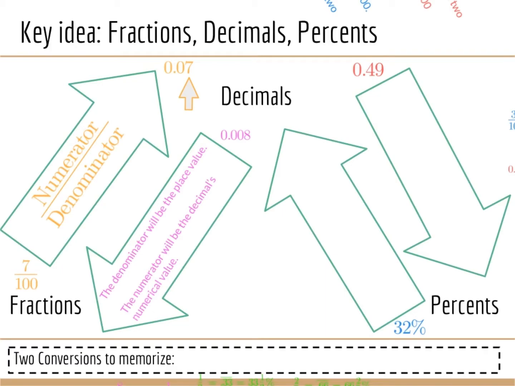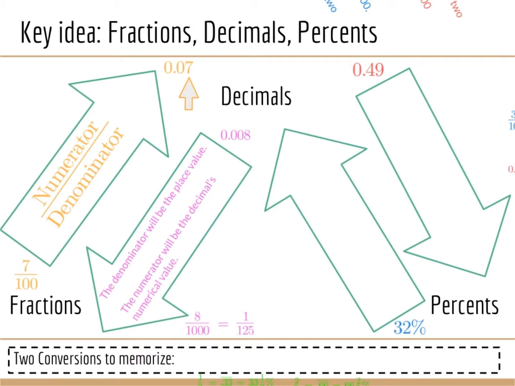So what do I mean by that? I'm taking a look at 8/1000ths. So my denominator is going to be 1,000 because my 8 is in the thousandths place. And my numerator is going to be 8 because that's the numerical value of my decimal. So for example, I've got